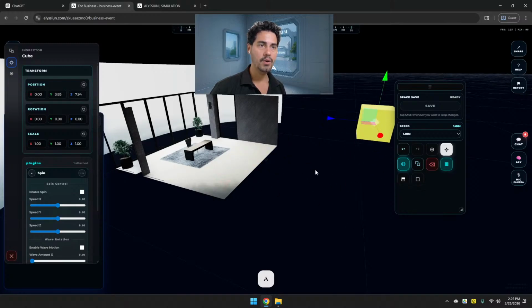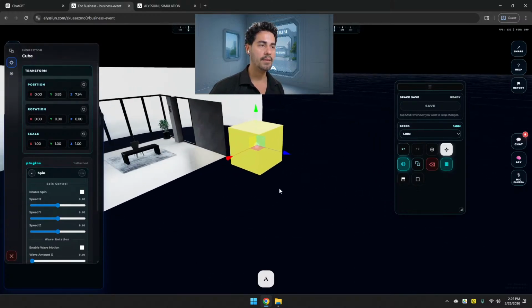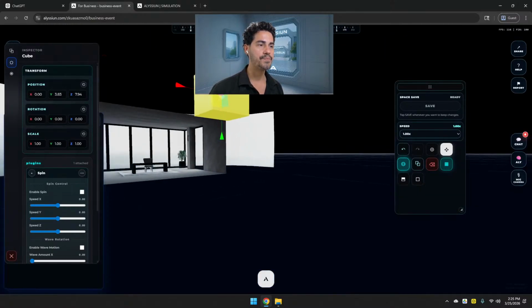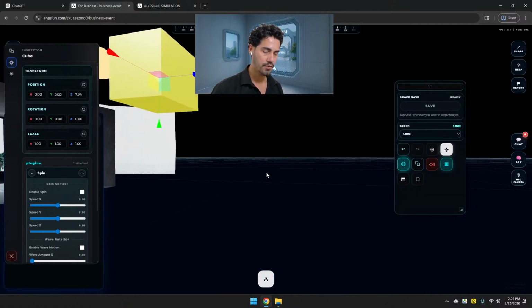By the way, you may be wondering how you can fly, because in reality you're walking here. This is your avatar, you're walking. In ALYSSIUN, if you're on a computer, because on mobile it's not optimized. It's optimized for using and walking around, not the engine. The engine is not optimized yet on mobile. Again, I'm going to work on it and it's going to be 100% optimized for everything.